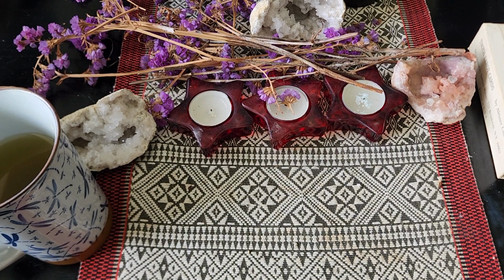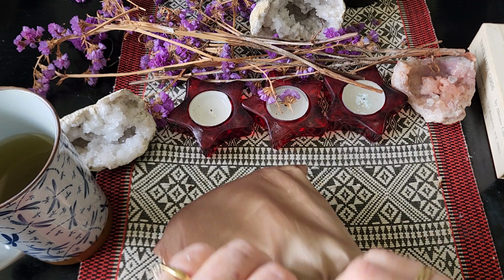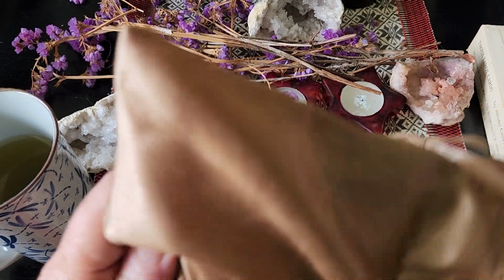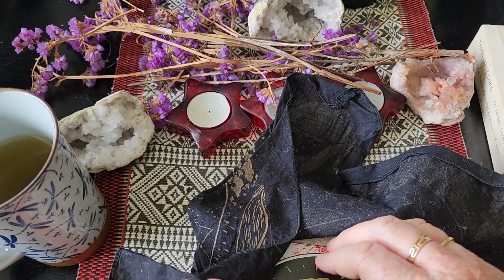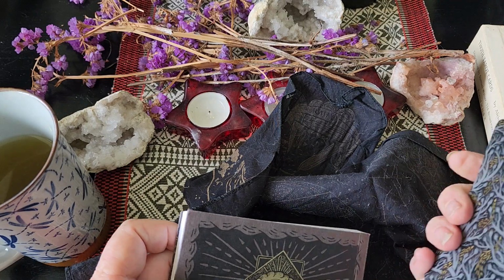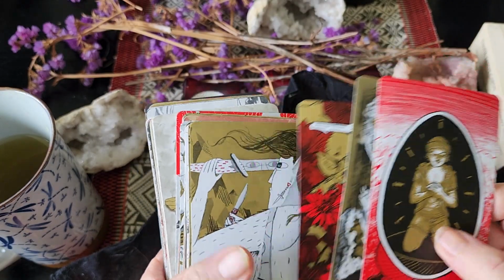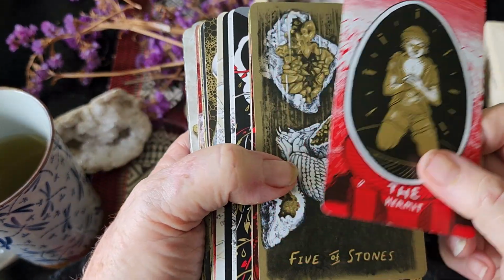Next prompt is the deck collectors want that's in my collection and they want in their collection. So I've got quite a few decks that have been sought after by many people, but my pride of place would have to be my Slow Holler. This deck is much sought after, rarely comes up on eBay, and if you're really lucky you can source it for not very much, but on eBay it can go for up to 2,000 Australian dollars. And you might say, why is that? Well, it's a collective